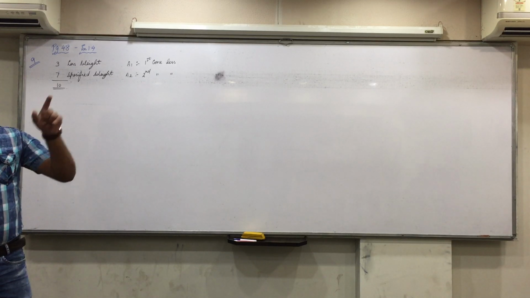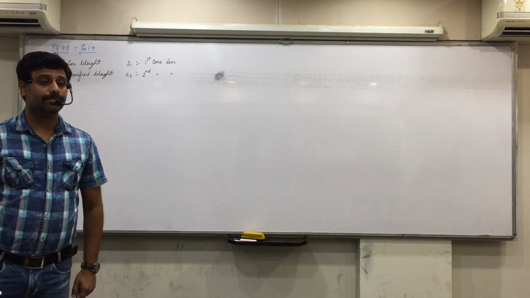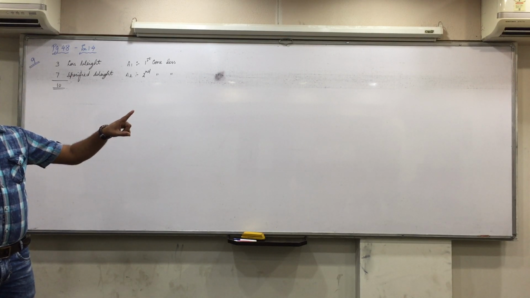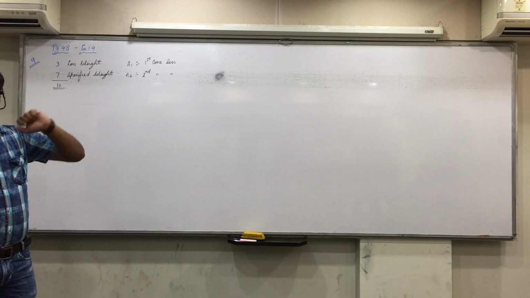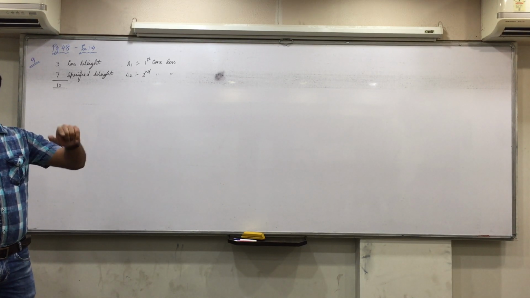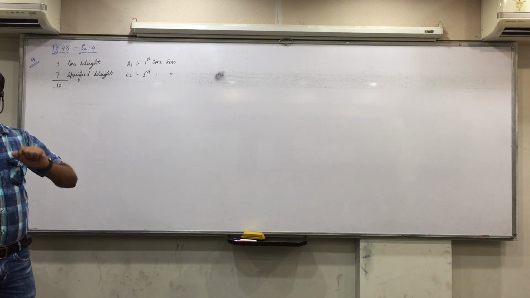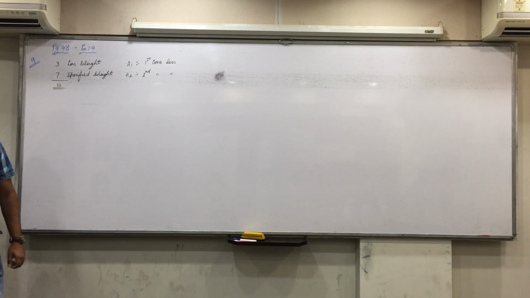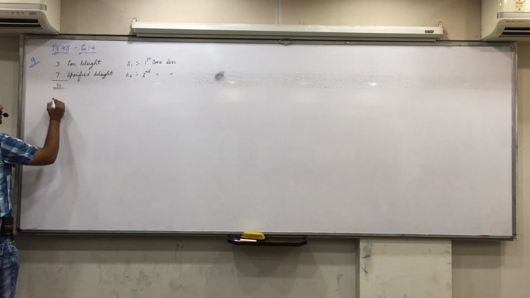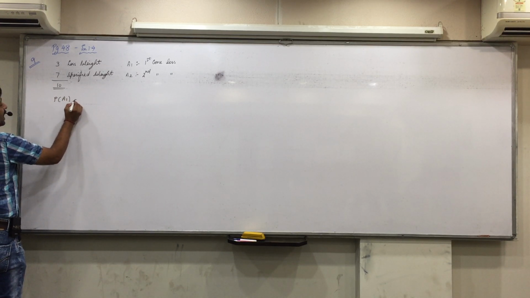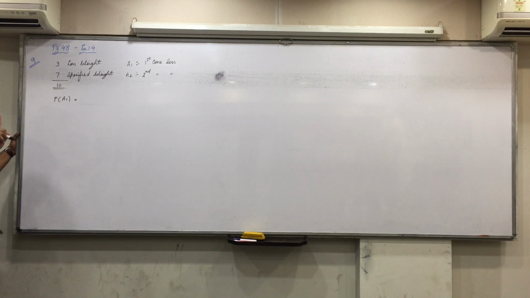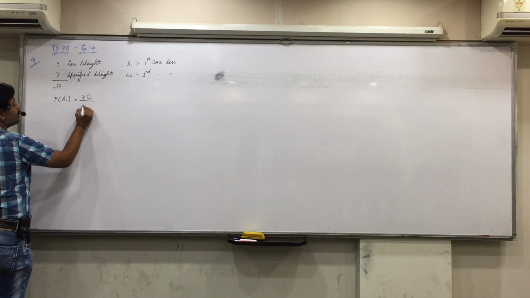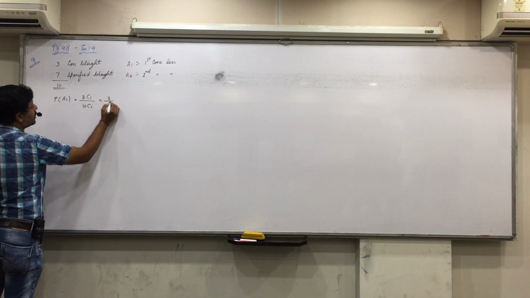Now what we have to find is A1 intersection A2. What will be A1 intersection A2? First cone also has less than specified weight. Intersection means and. Second cone also has less than specified weight, and that is what is asked. Both cones are less than specified weight. Did you understand this? Now, what is the probability that the first cone has less than specified weight? You select only one cone at a time. So 3C1 upon 10C1, that is 3 by 10.